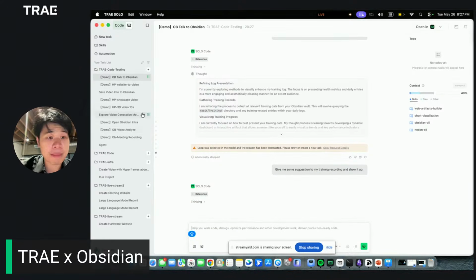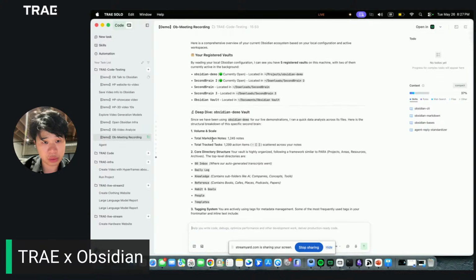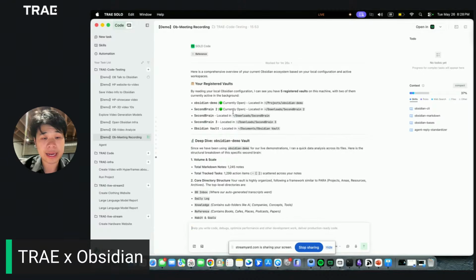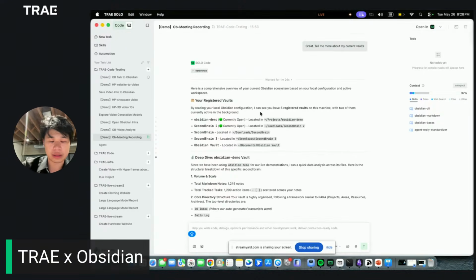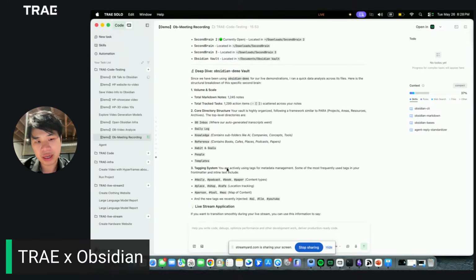And as I mentioned, there's another really cool use case. You can use Augustine to do really hardcore summarization work. So for example, over here, my Solo actually understands all my different repositories in Augustine. In my Augustine, I have the demo repository, a different second brain, a different vault over here. It also got all the information and shows the structure of what it contains. It comes with my daily log, my knowledge, and different references.